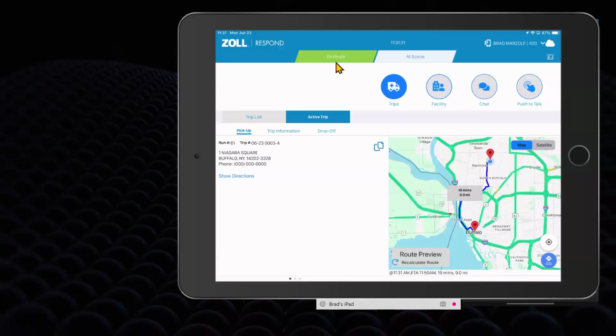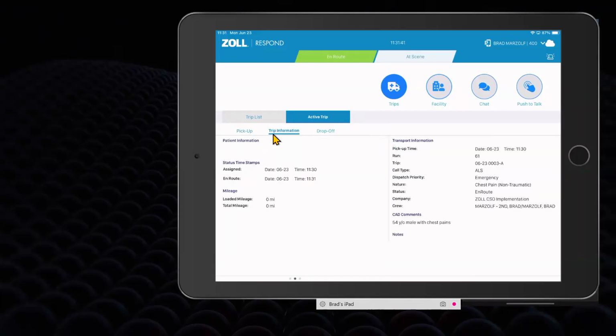You'll see it put me en route, and I have my routing to the call, shows my pickup. I can hit that go button to launch Google Maps. If I go to the trip information, I'm going to see any particular details about that trip. In this case, it was an emergency trip, so I don't have any patient information on this one, but I do have CAD comments, what we're going for, and then any additional notes that might be popping in here. So one thing I'll add is with notes,